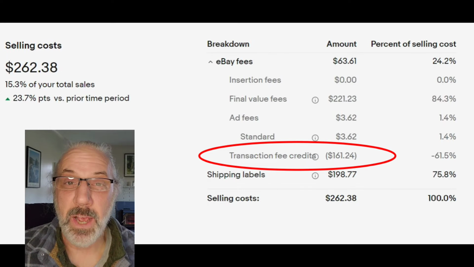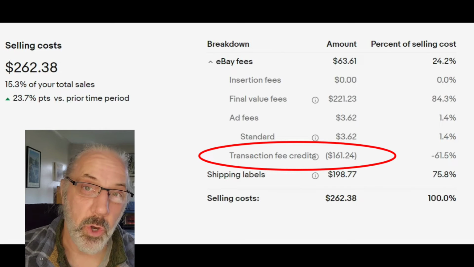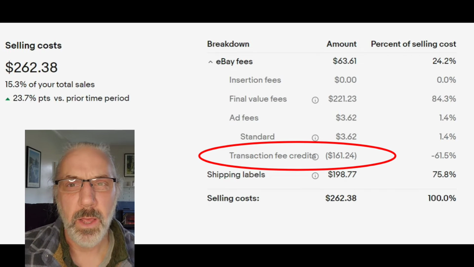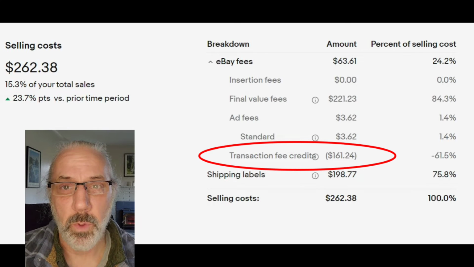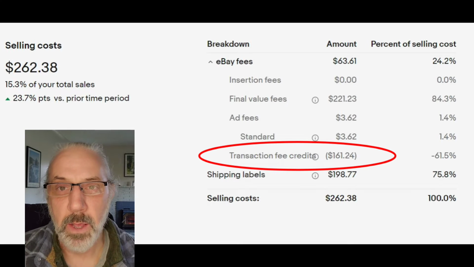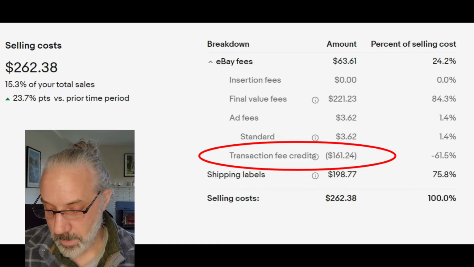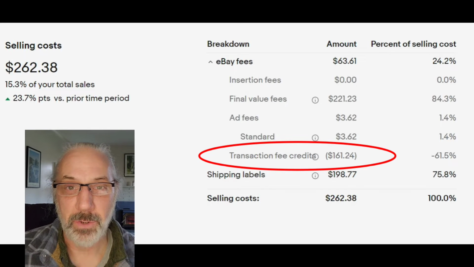That is actually the transaction fee credit for when the bike was sold and returned previously. So about 3 weeks ago in my video, I shared how my selling costs were really high, and that was because they had not returned the credit for the transaction fees for selling this bike or having the bike returned yet. And that took place about 3 weeks later after the bike arrived at my place, and eBay went ahead and credited that transaction, and it happened to show up the exact same week that the bike sold. So we'll go ahead and take that number out as well when we do the updated transaction fees